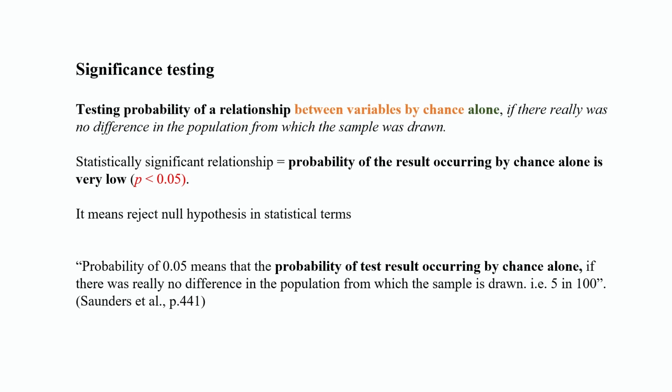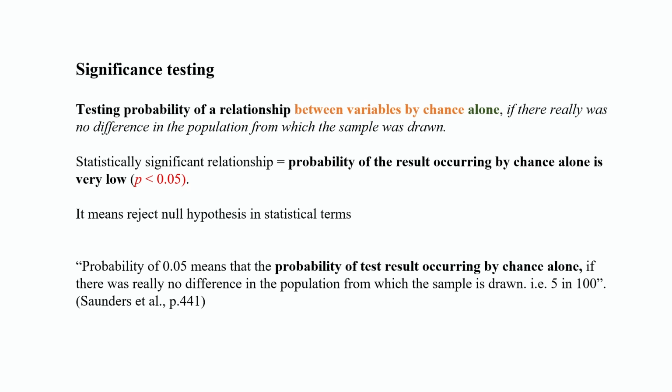So first, let us say we have a population, we draw a sample, we conduct a test, and we want to know whether two variables are related. So a statistically significant relationship means what? The p-value less than 0.05 when you complete the test. So the chance of arriving at a wrong conclusion, that is type 1 error, just by chance alone is very low. That is, we reject the null hypothesis if the p-value is found to be less than 0.05 or